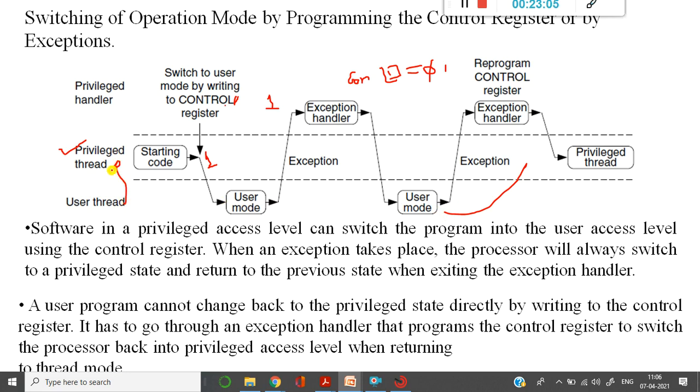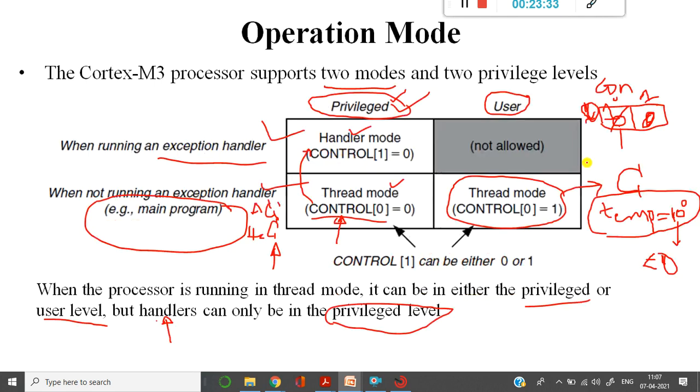I cannot move from this to this position directly, because I need to give the information to the exception handler, and there you have an option to change the control register value. So what should the value be now? Control bit 0 should go to 0. Then it is possible to execute and it comes to the privileged thread.